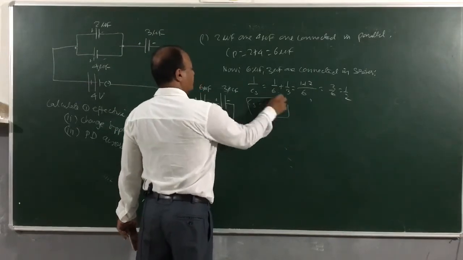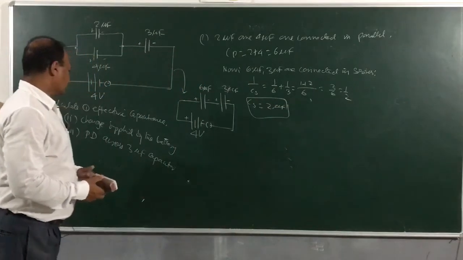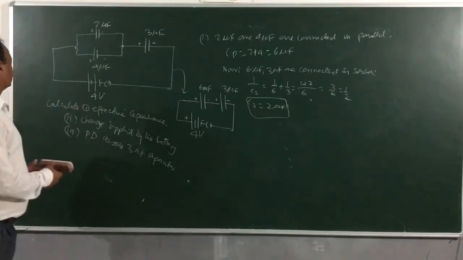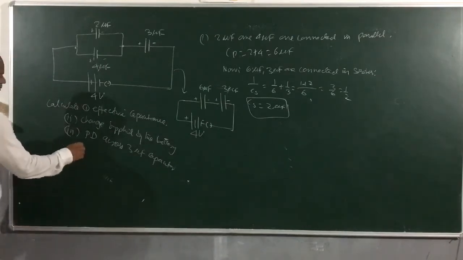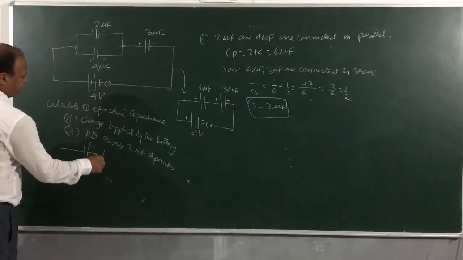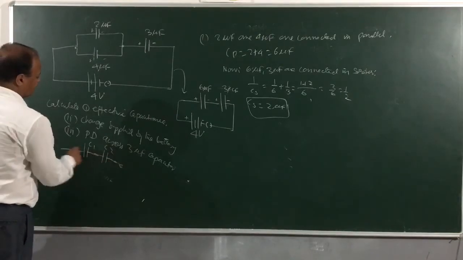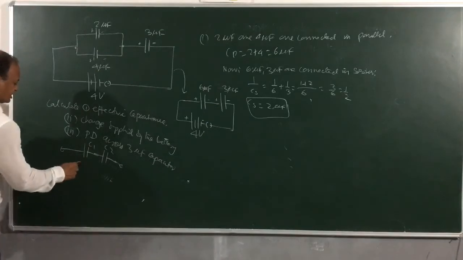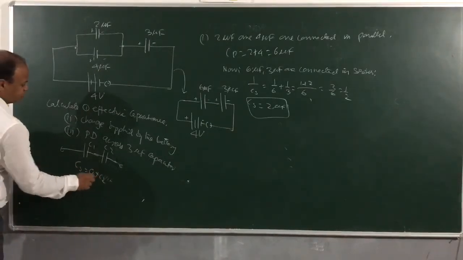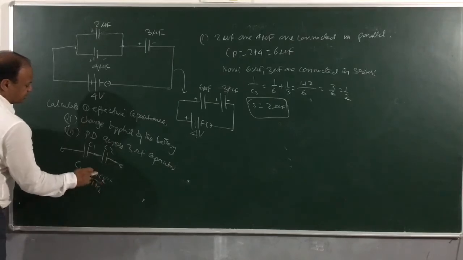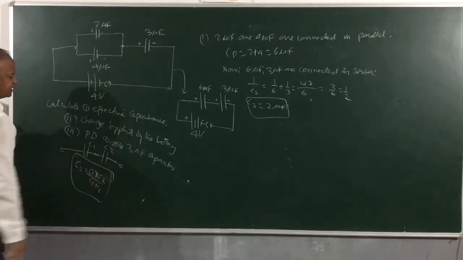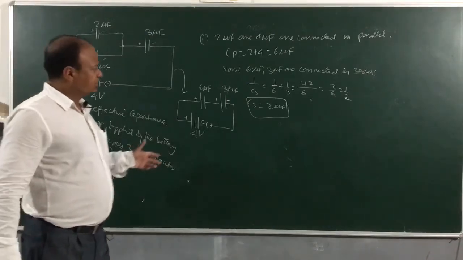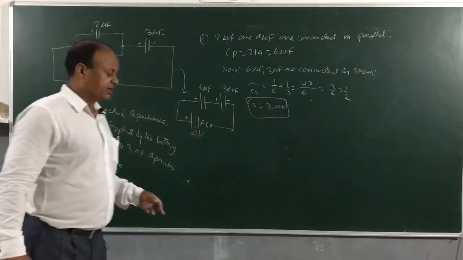So children, we got the first answer. Effective capacitance is how much here? 2 microfarad. Now bear in mind a technical result. If you have been given 2 capacitors here, C1 and C2 like this in series, there is no need for you to write every time 1 by C is equal to 1 by C1 plus 1 by C2. You can directly write Cs is equal to C1 into C2 divided by C1 plus C2. So this formula will be very handy for you. You can use it directly if you connect 2 capacitors in what? Series, right? So effective capacitance is 2 microfarad we got.